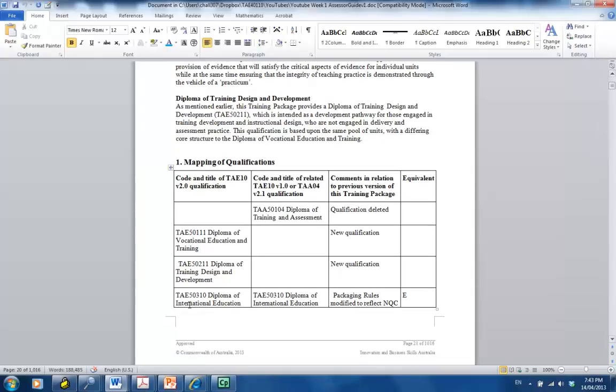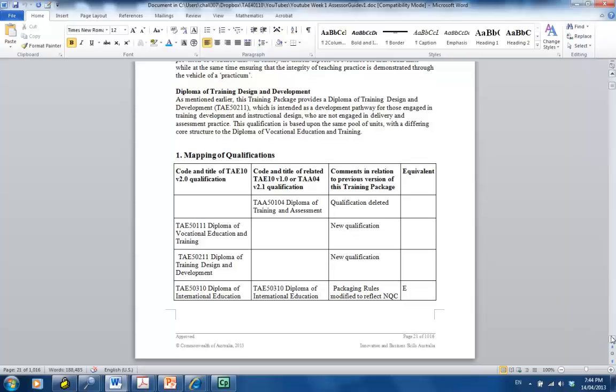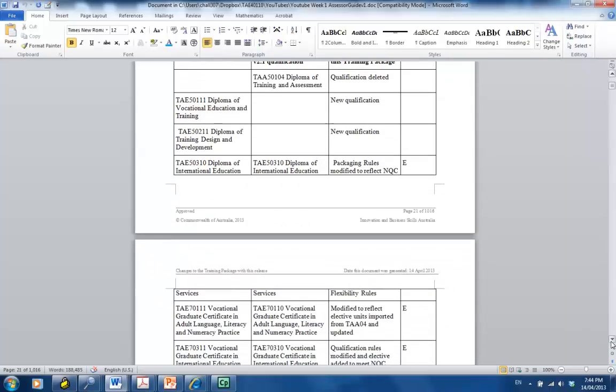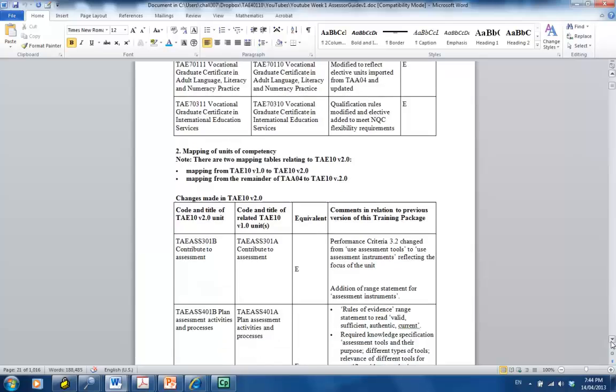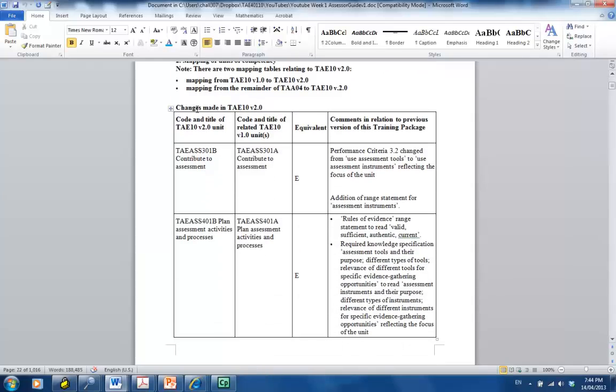Now this is mapping, okay? This is the first time that we've really modelled mapping to you. You'll be doing some mapping, but it'll look a little bit different within a unit of competency shortly. These are all of the diploma mappings, so we'll go down till we find the Certificate 4. There we are. Changes made